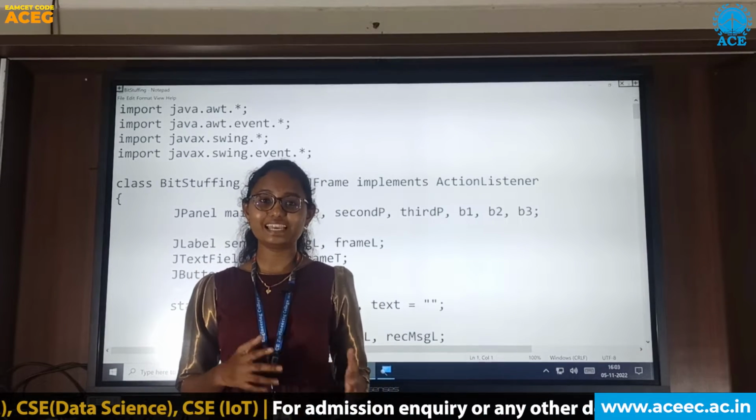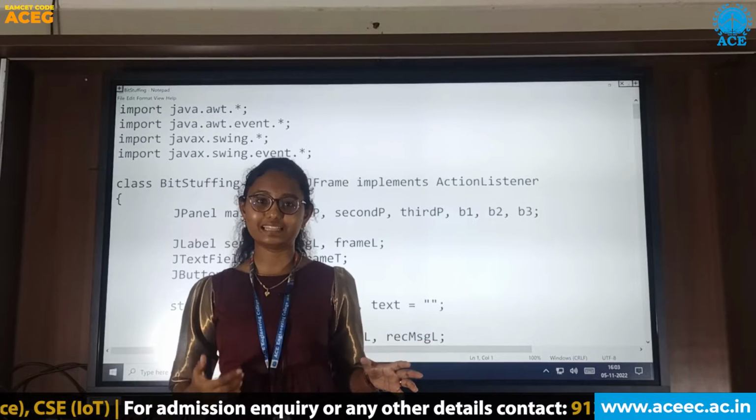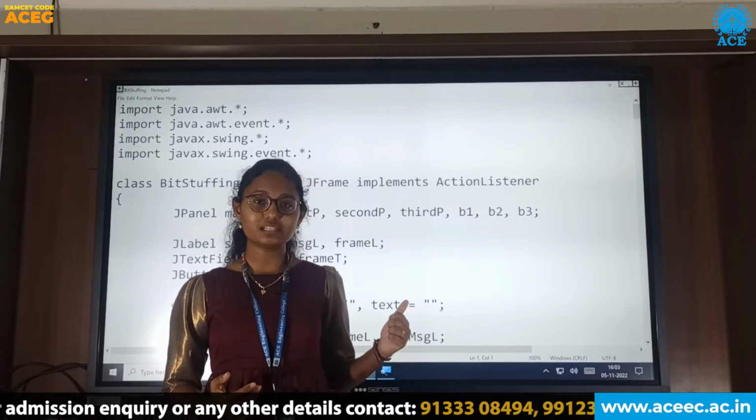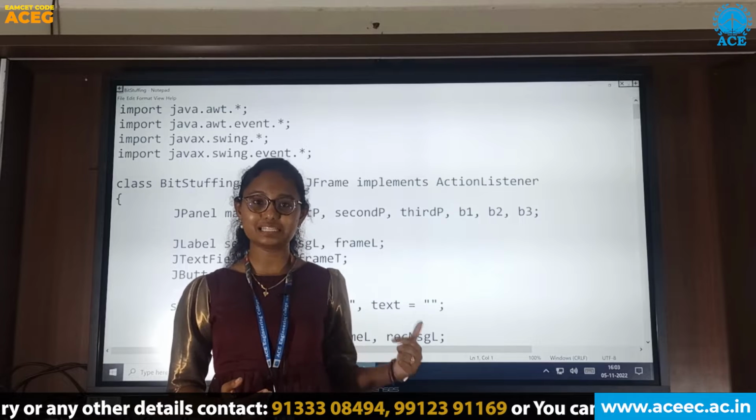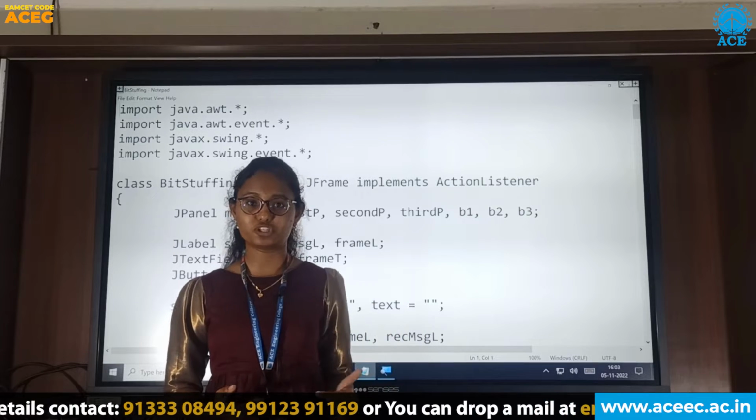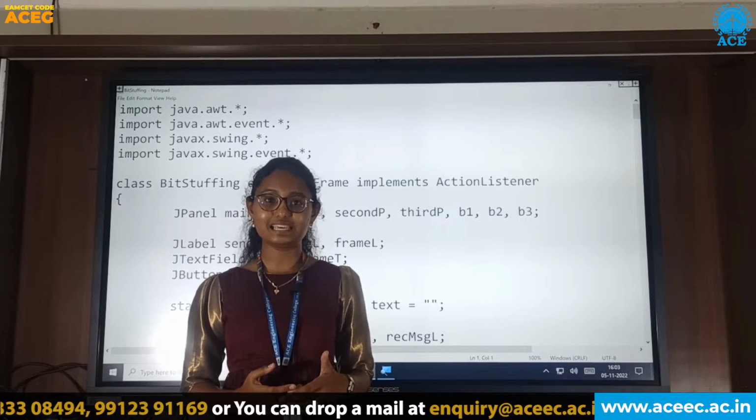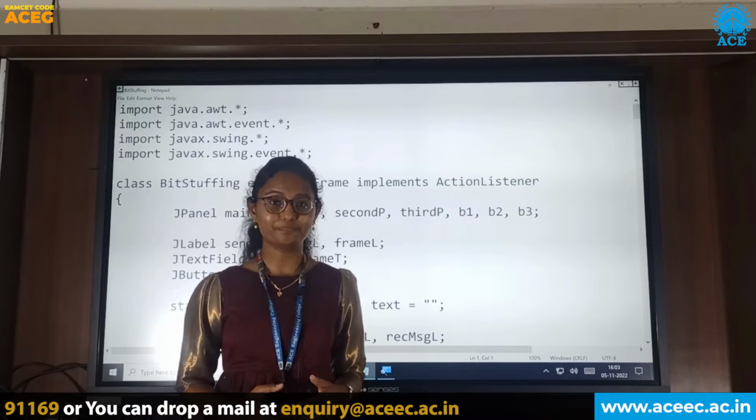Now my friend Suvidha will explain the GUI for implementation of bit stuffing and destuffing. I am here to explain the implementation of the algorithm just now said. So basically in lab we just give the input and get the output, but now I have done something different, that is we have implemented the same algorithm through programming using a GUI. So let's get started and see how I implemented this program.